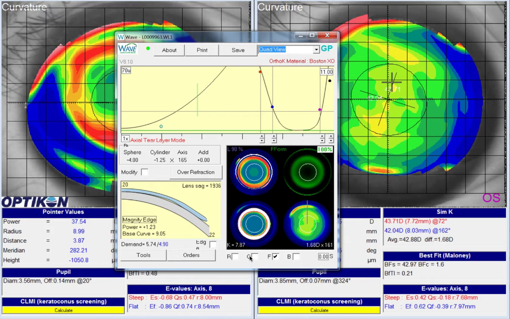If we go to a GSIM lens, we'll see that it's not a whole lot. It flattens out a little bit, but that's probably what I would recommend doing. Usually what I'll do is erase these Myers for these irregular areas of the topography so that it doesn't add any confusion to the lens design. And then GSIM and maybe even lift the periphery a little bit, maybe 10 microns or so. So 960